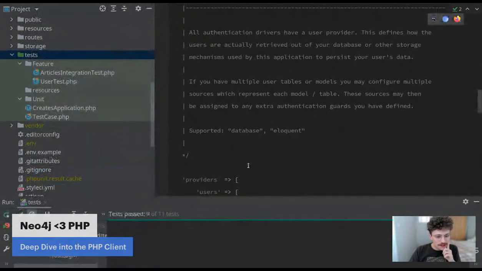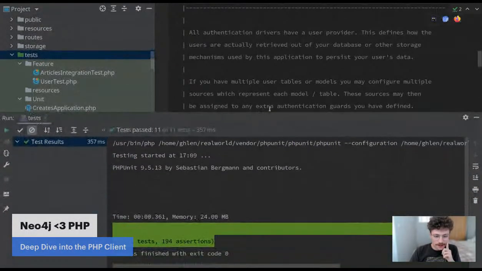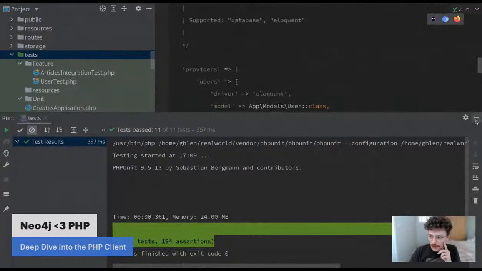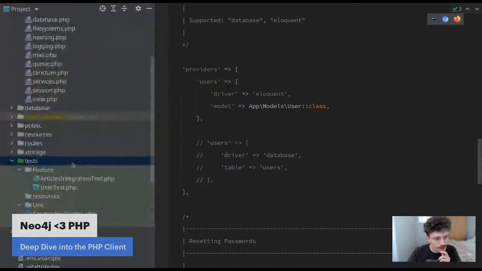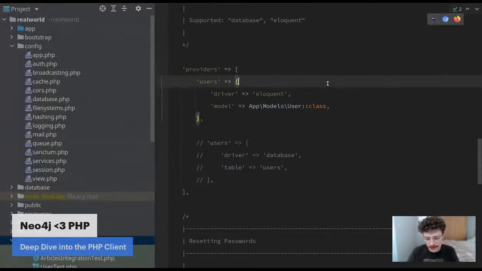So you can just run the tests, and they are working. So I thought today to continue is to automatically wire the author based on the authentication. So in the previous examples, we